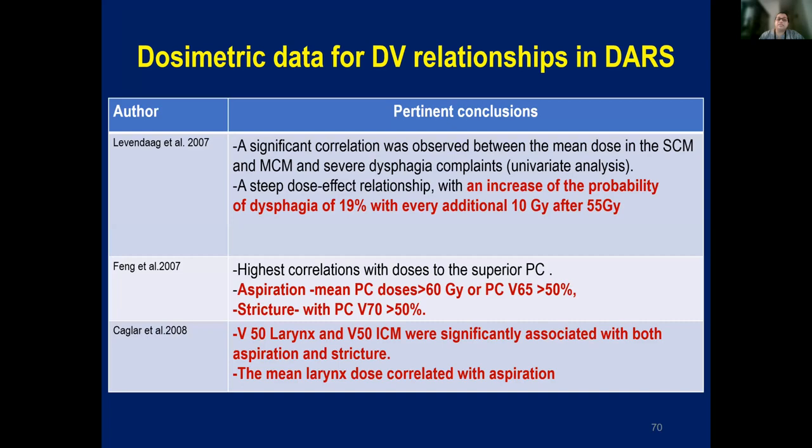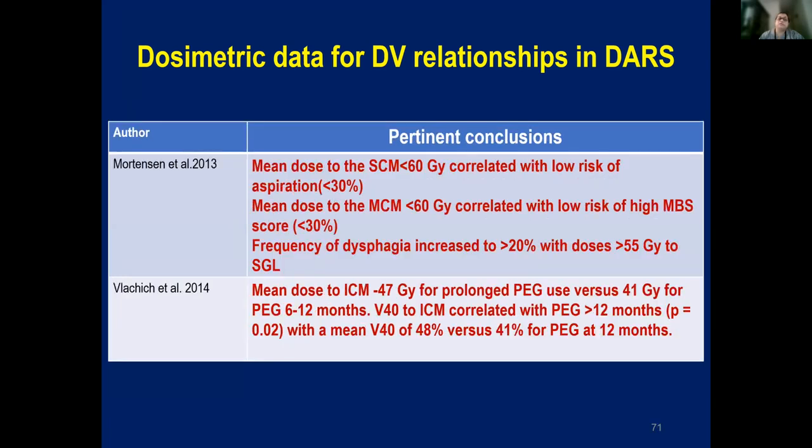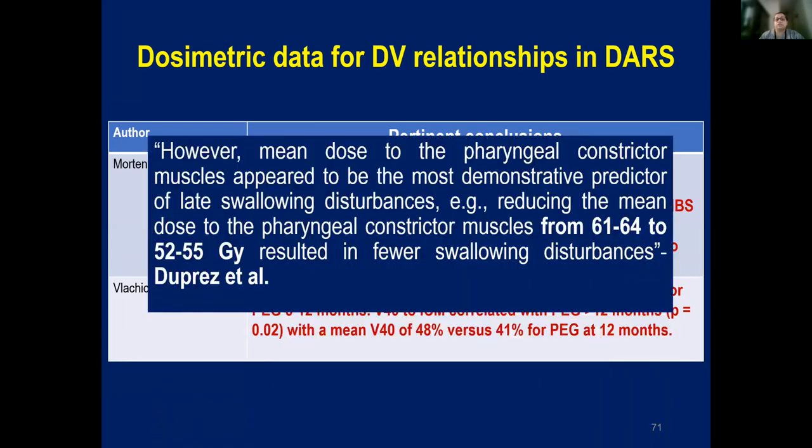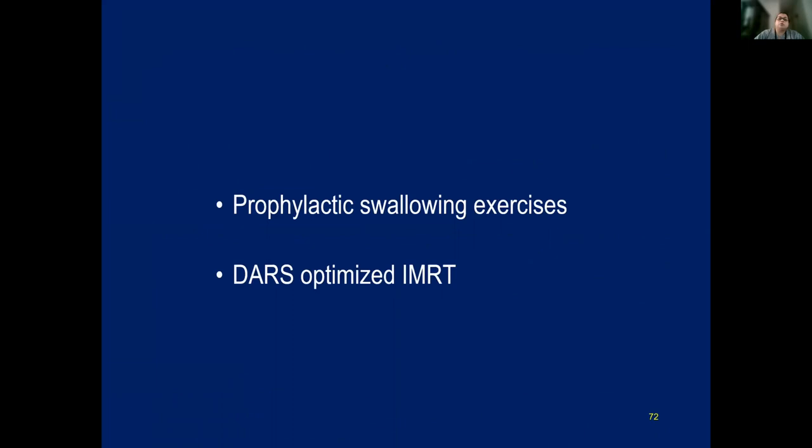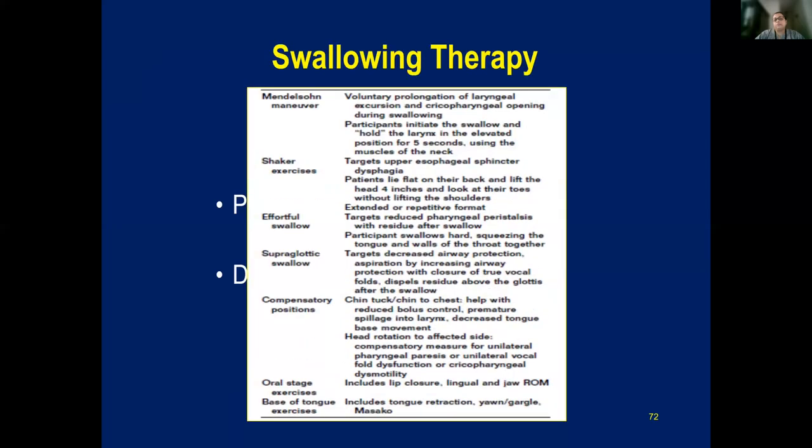And the various studies by Levendag, Feng, Caglar, and of course especially from the Eisbruch group, gave us the various dose constraints that we today know and identify for the protection of these structures. But it is most important for us to understand that the dose to the pharyngeal constrictors contributes maximally to preventing late swallowing disturbances. How can we manage? Prophylactic swallowing exercises, DARS optimized radiotherapy. This is the various swallowing therapy that can be advised and should be advised to patients at baseline, through treatment